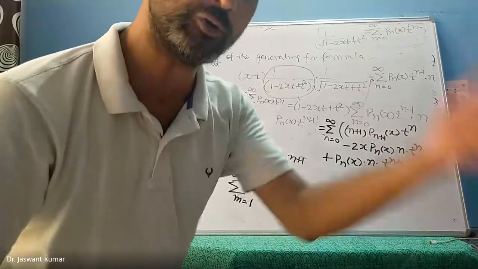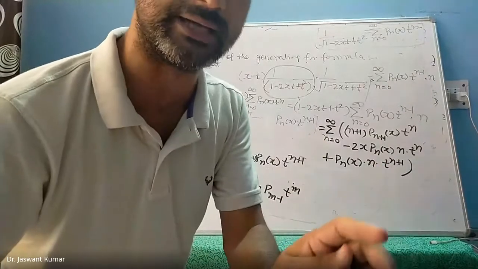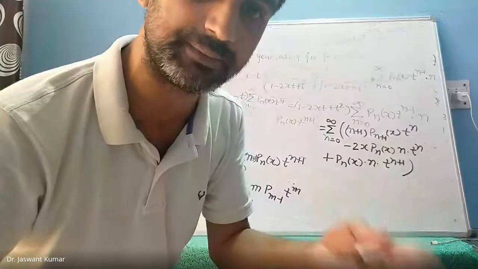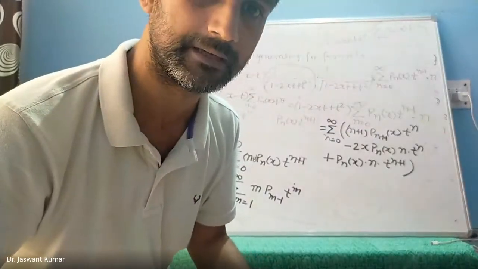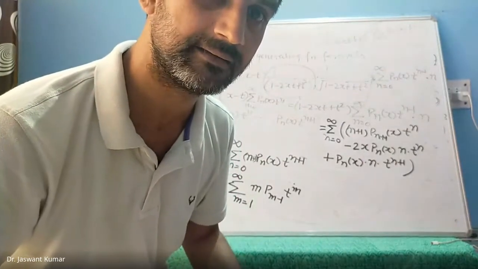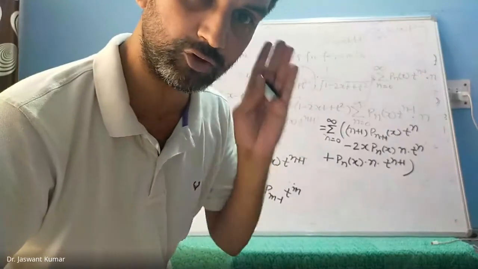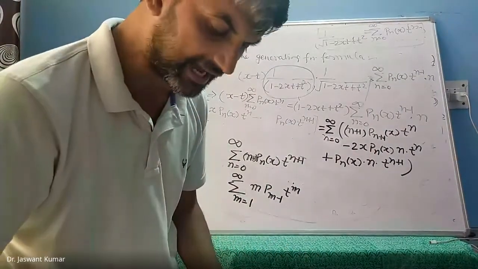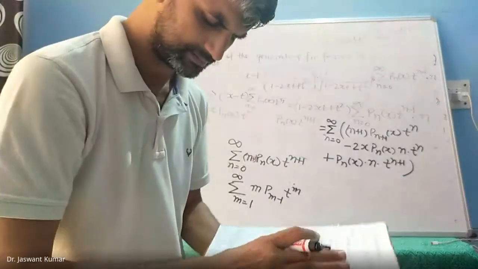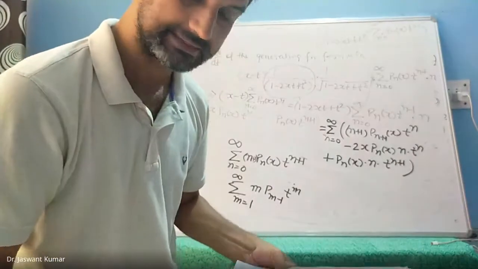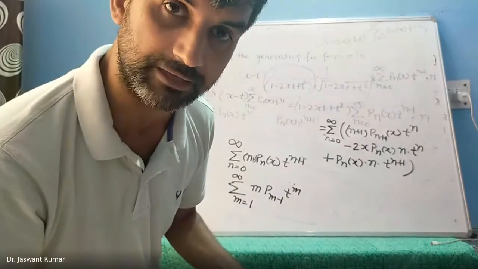So even if you add an m equal to 0 term to it, the series is not going to be affected. Do you get me? Yes, sir. Do all of you get me on this? The last term, the term which is changed from m equal to 1 to m equal to 0.